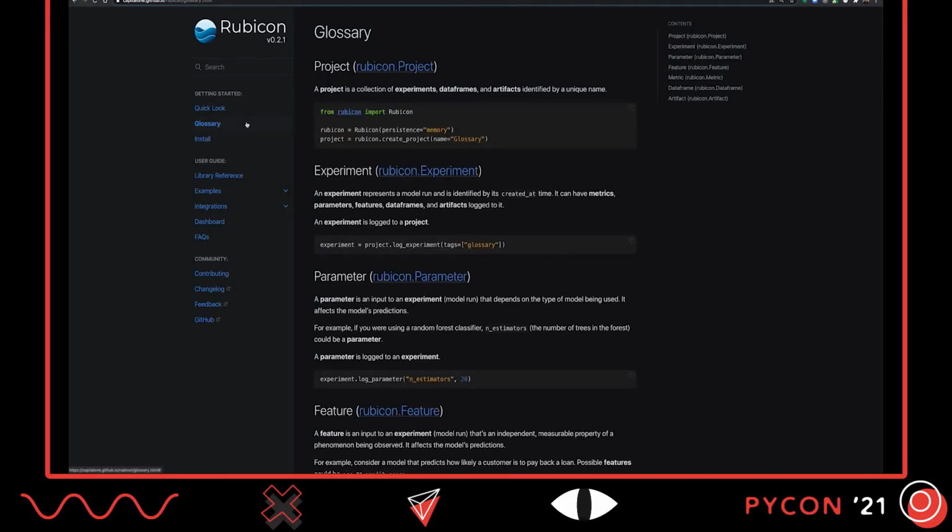So just to give you an idea of the terminology as we go through the rest of the documentation here, when we talk about a project, that's the top level object. It's a collection of experiments, data frames, and artifacts, and projects are identified by a unique name. And then a project basically holds a bunch of experiments, and you can think of your experiment as an individual